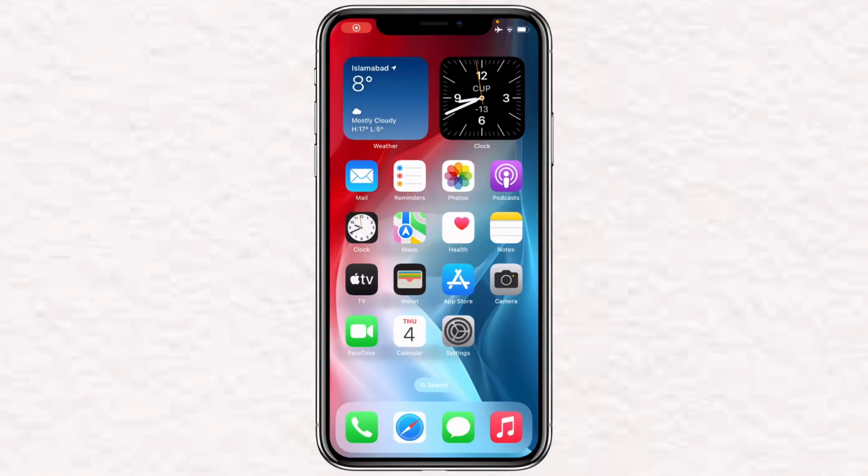In this short video tutorial, I will tell you about the two best ways to back up your WhatsApp messages